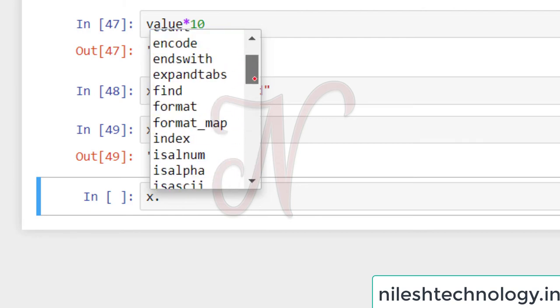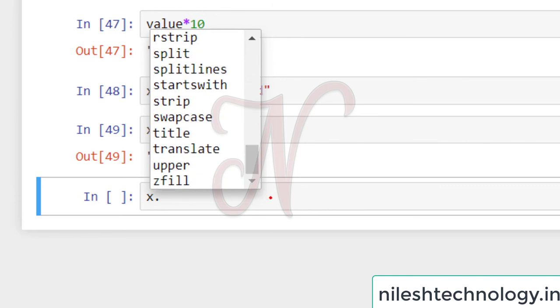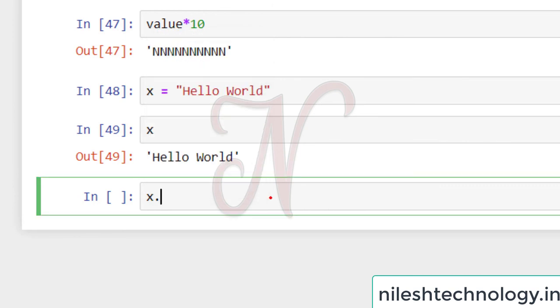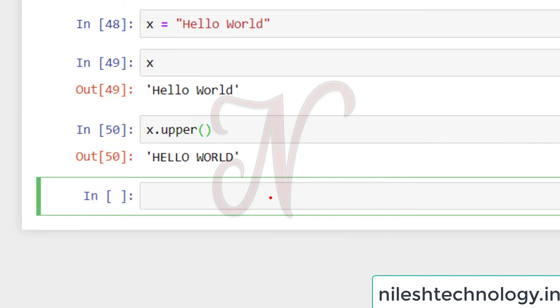Here we will use some of them. Now we convert this string into uppercase as well as lowercase. I can use the function upper, then shift enter, and my output is hello world in uppercase.